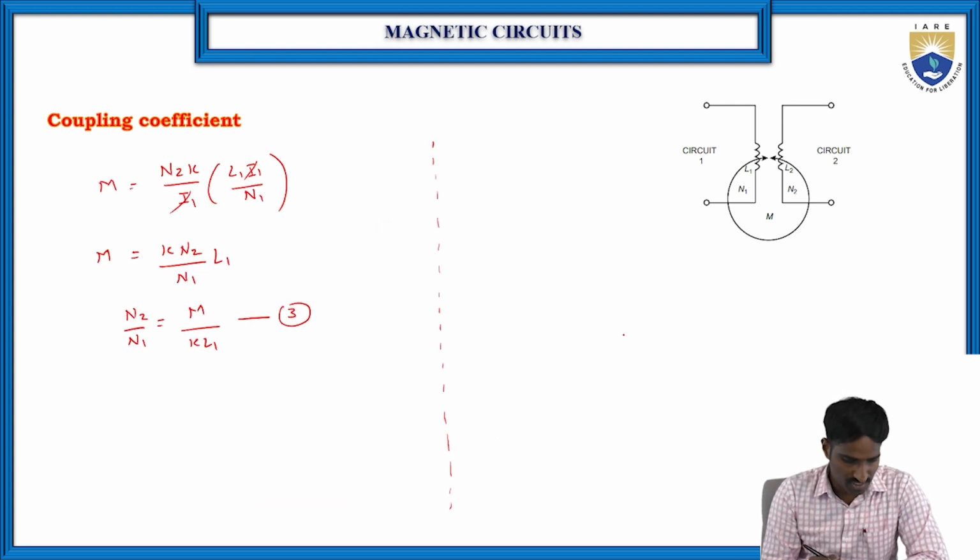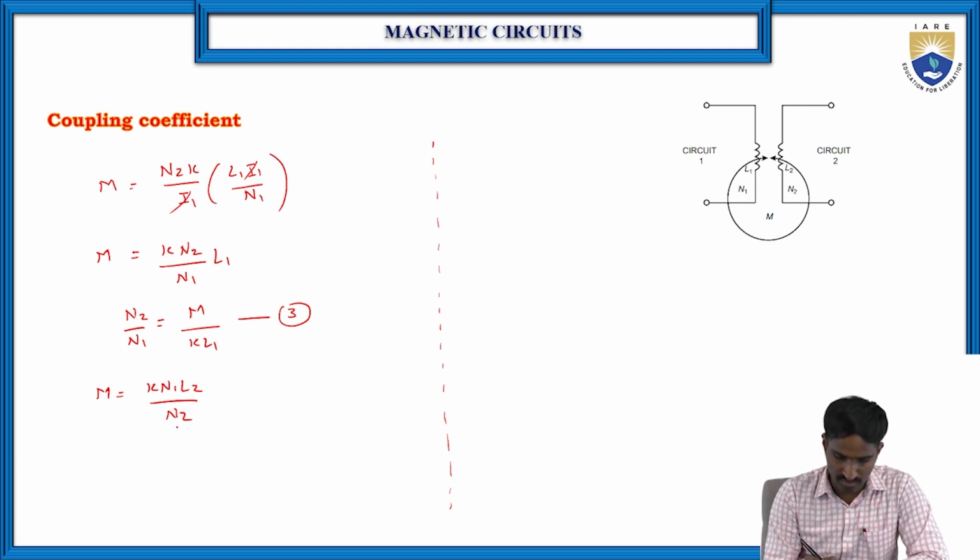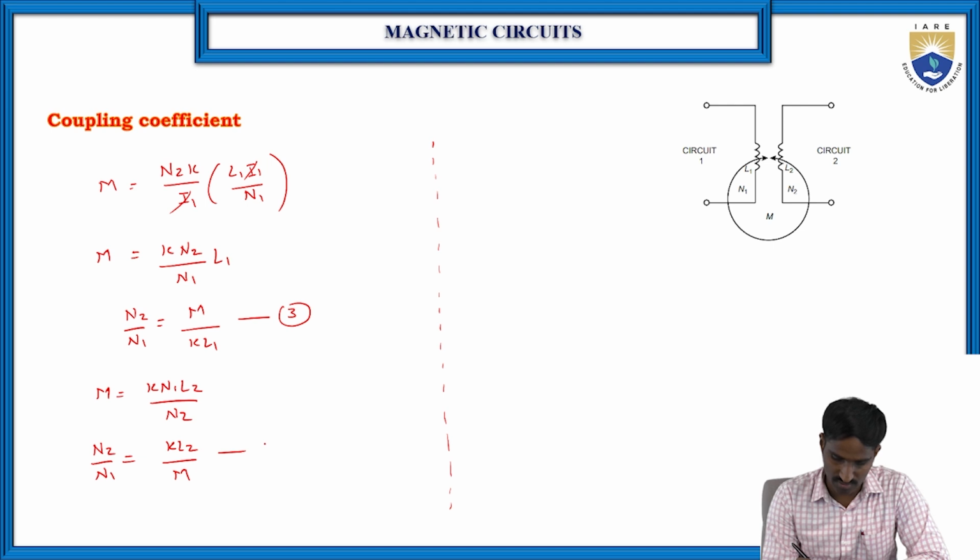Then here you will get M is equal to k into N1 L2 by N2, right? Then in the same way, let us find N2 by N1. So from this equation, N2 by N1 is equal to k into L2 by M. So let us consider this as equation number